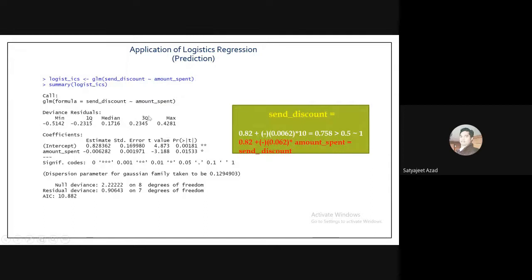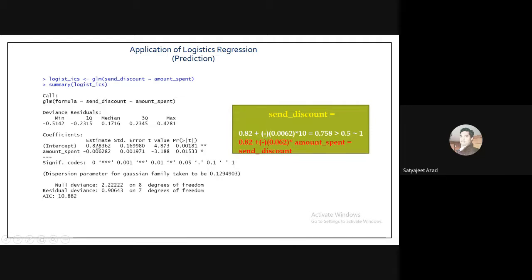Now if I have a new customer, let's say, and he is spending $10, should I send a discount to that guy or not? If he is a new customer spending $10 here, the typical formula would be, how can we come up with this formula from the logistic regression? When you are building a model, we are coming up with a mathematical equation. So from this equation, if you see